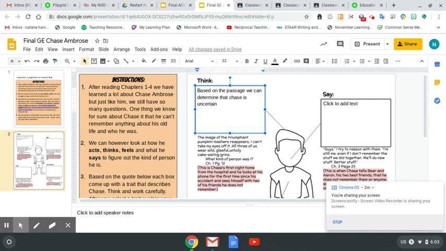Okay, so remember, we want to write in complete sentences, and we want to make sure to capitalize the first letter in our sentences, as well as something I did wrong here, which was that I didn't capitalize Chase's name. So we want to make sure to capitalize Chase or any other character's names. So based on the passage, we can determine that Chase is uncertain. Now, I determined, based on what I read, that he's uncertain, but now I'm going to explain my answer. So I could just write because we want to make a complete, clear sentence: based on the passage, we can determine that Chase is uncertain because